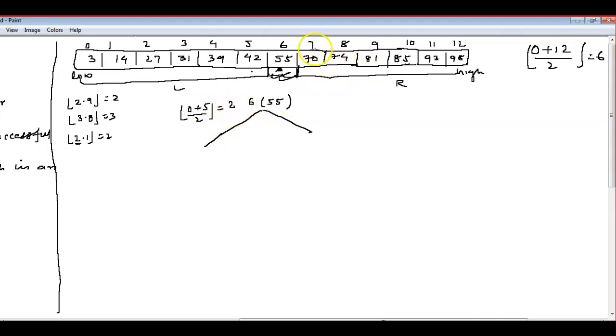And on the right hand side, how many elements are there? 1 2 3 4 5 6, right? 6 elements. So what will I write? Write here, this side is 7 plus 12, 7 plus 12 by 2. Position number 7 to 12 is how much? 12 plus 7 is 19, 19 by 2 is how much? 9.5, which is 9.